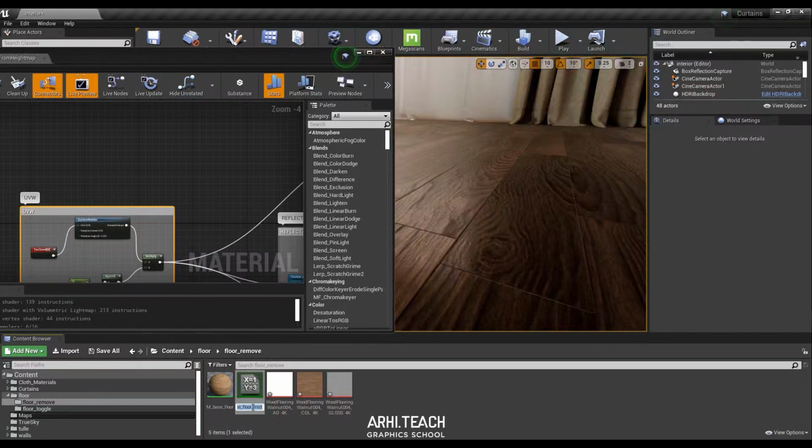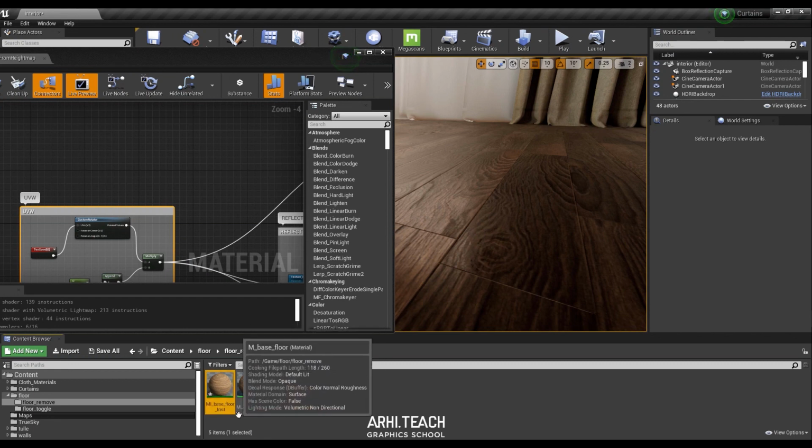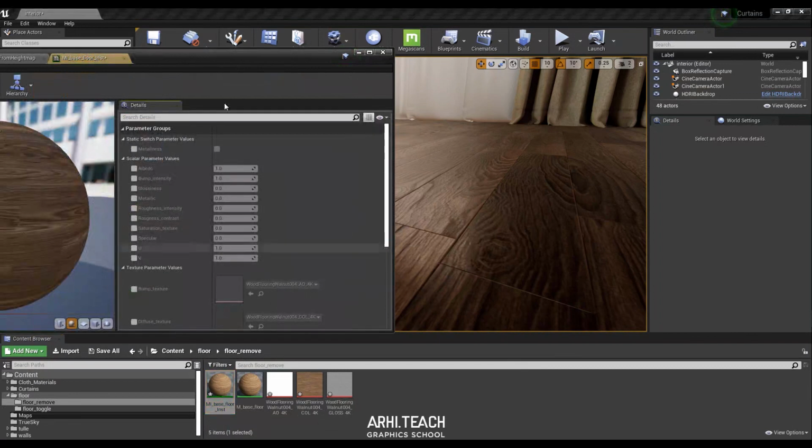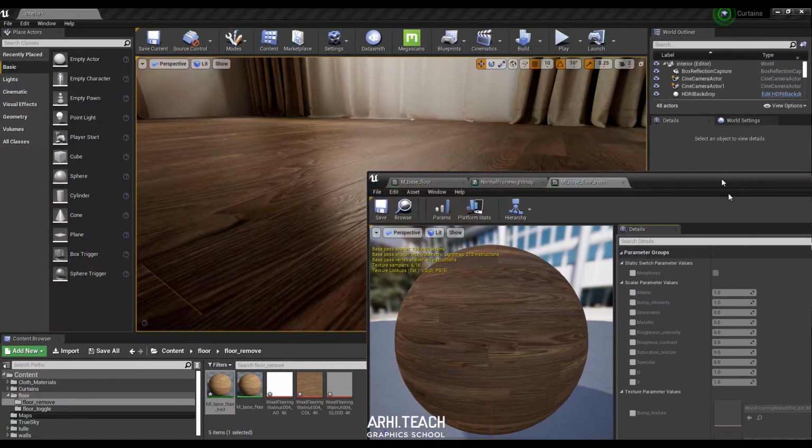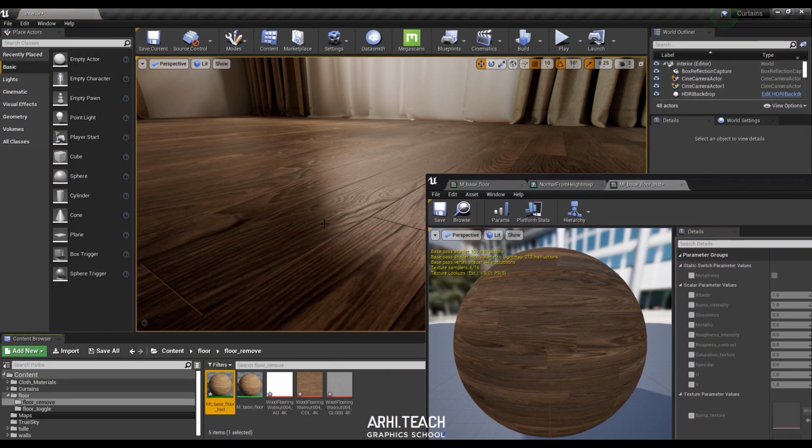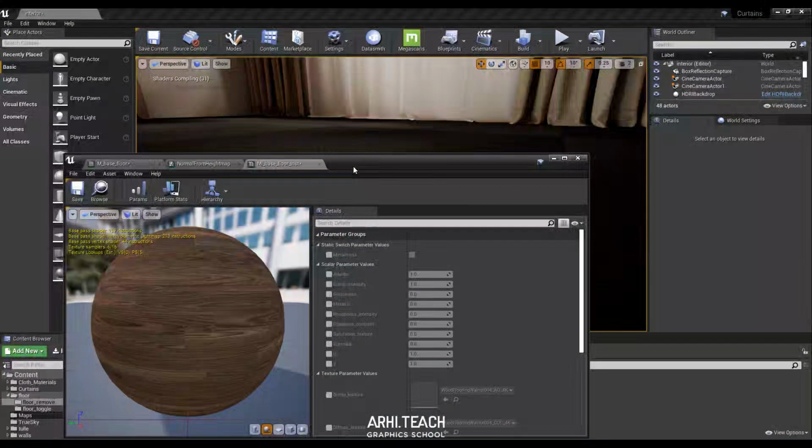It is generally accepted here to name it M instance or MI. But it doesn't matter, so you can just copy. I usually just copy, but leave the structure: M for material, T for texture. Here you can rename, but we will not waste time on this now. Anyway, we go to the instance. This instance is not configured yet. We are applying it. Okay, we applied it.